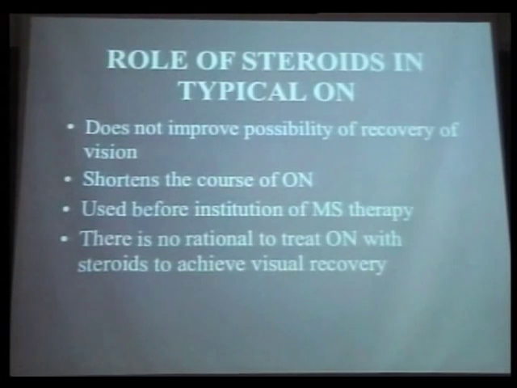So if a patient is going to get better in 4 weeks, with the steroids, they may get better in 2 to 3 weeks. So the only time I ever use steroids in a patient to get them better quicker is if it's a one-eyed patient. Then I think it's important. Otherwise, I do not use steroids unless the patient is going to start on immunomodulation therapy, and then I give them a course of steroids before that. So there is no reason to treat the visual loss of optic neuritis with steroids because you think you're going to have an effect on the recovery of vision.